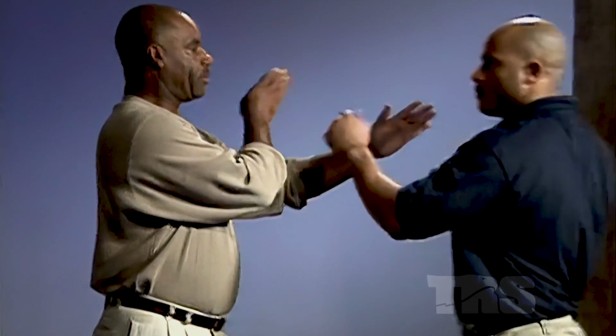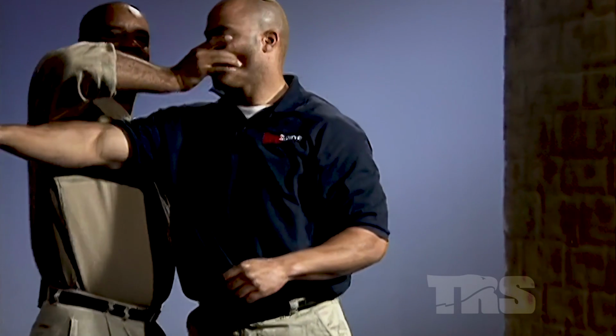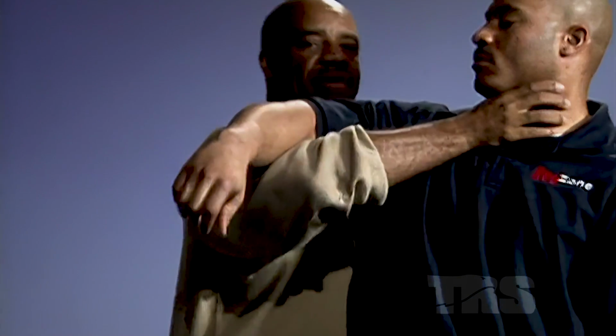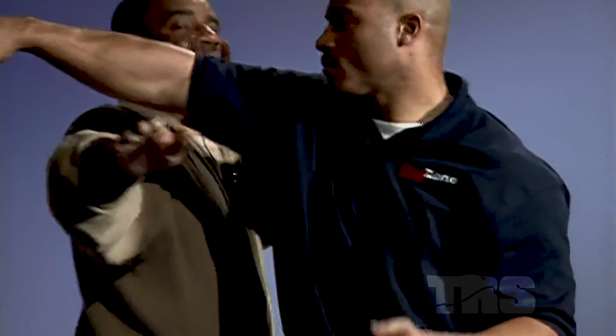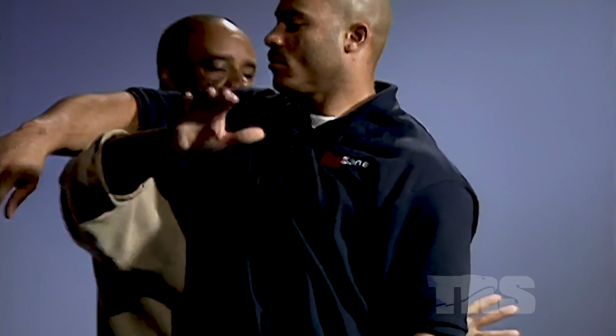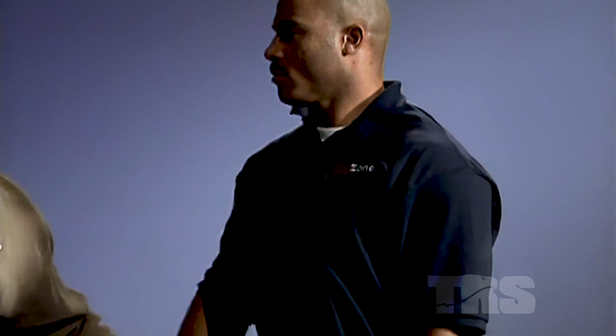The first punch here, come across, C-clamp. Next punch, underneath, but I come up into the throat, catching the throat, driving him down. Next, I miss, I come across, I step, hit across, and the motion is this way. As he comes,